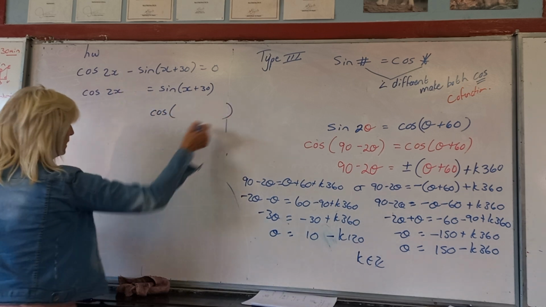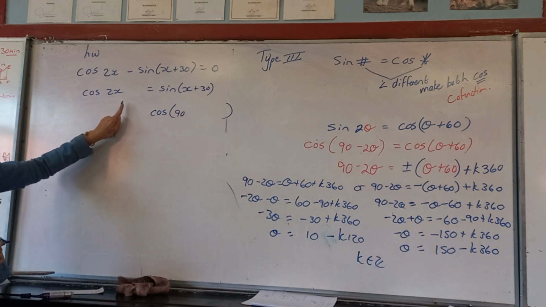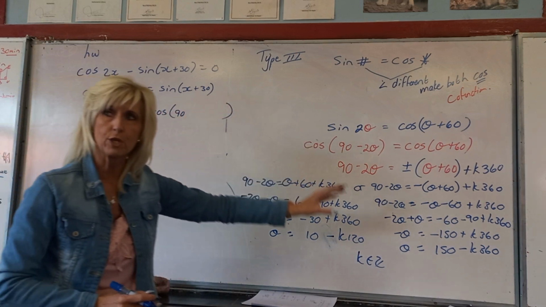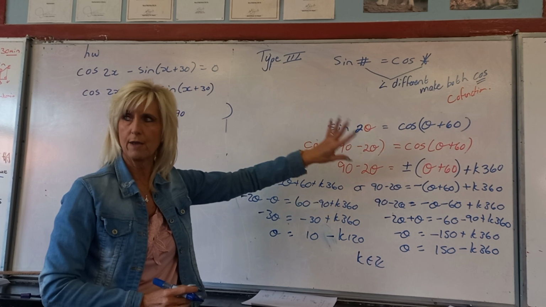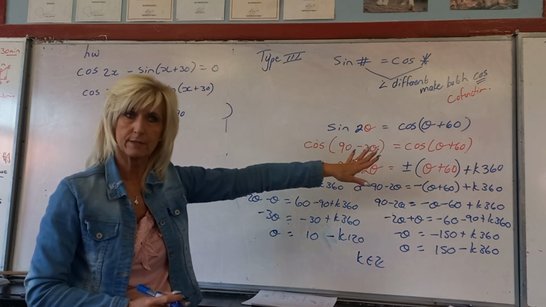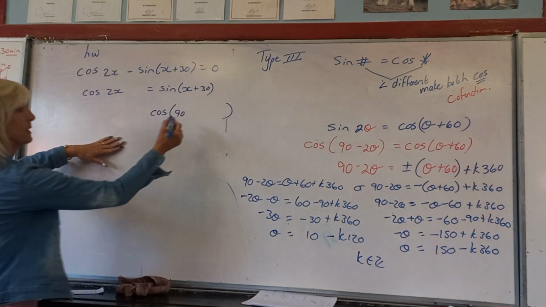Because now here's a trick here. If it's 90, why can't I just change this one? So much easier. 90 minus 2x. You can't, because it can't go to sin, it must both go to cos. The method only works for cos on either side. There is a different technique for sin, and I'm not going to show you that. It's much worse than this. Alright, so 90 minus